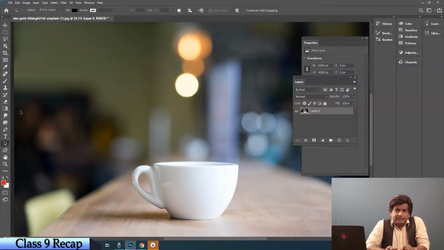Until and unless you understand this, the pen tool cannot be used very nicely for selection. If you understand the technicality of these things, the pen tool can be used to select any difficult thing. Why is it better than the lasso tool? The lasso tool ultimately goes in a straight line. It's a linear form of selection, whereas with the pen tool, we get an option of curvature. We are able to take the curves. If we are able to take the curves, definitely there will be more cleanliness in selection.